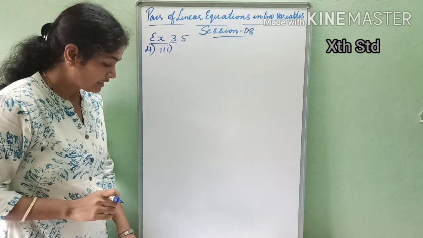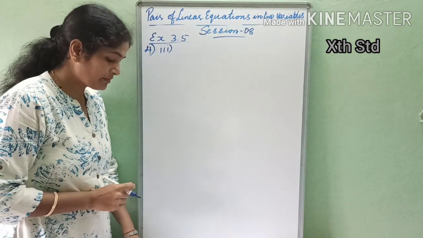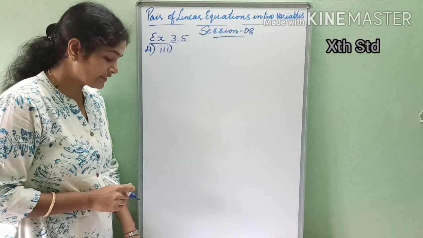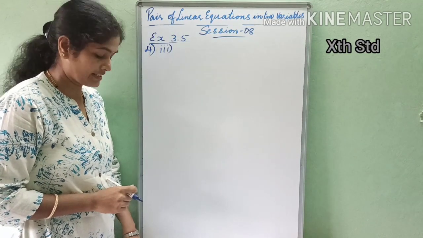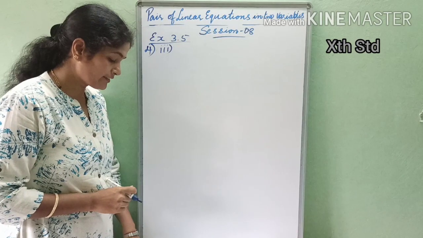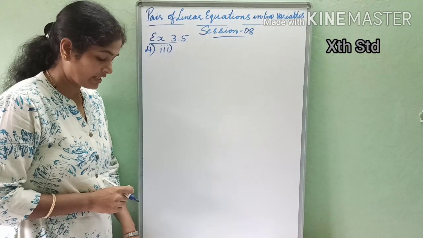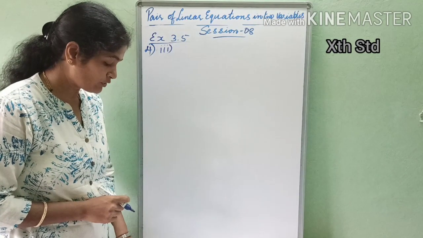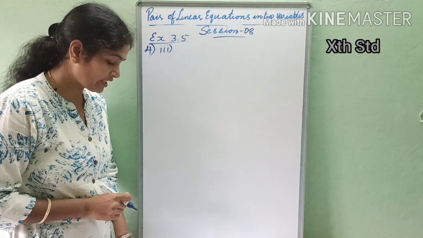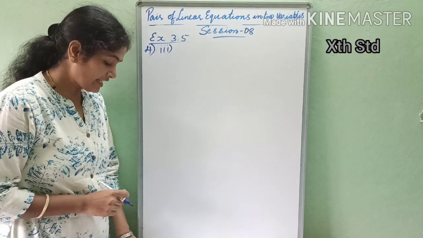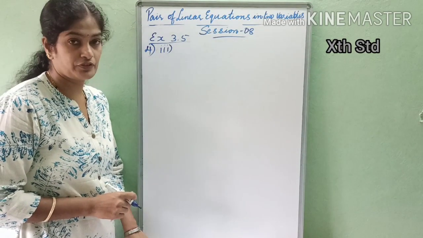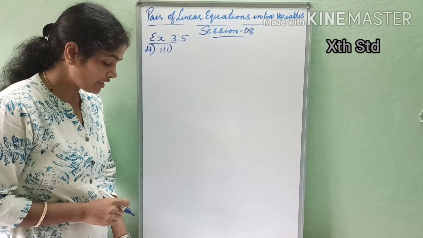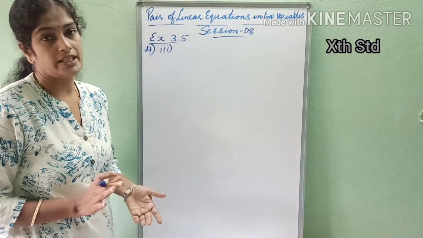So what is it? Yash scored 40 marks in a test, getting 3 marks for each right answer and losing 1 mark for each wrong answer. Had 4 marks been awarded for each correct answer and 2 marks being deducted for each incorrect answer, then Yash would have scored 50 marks. How many questions were there in the test?